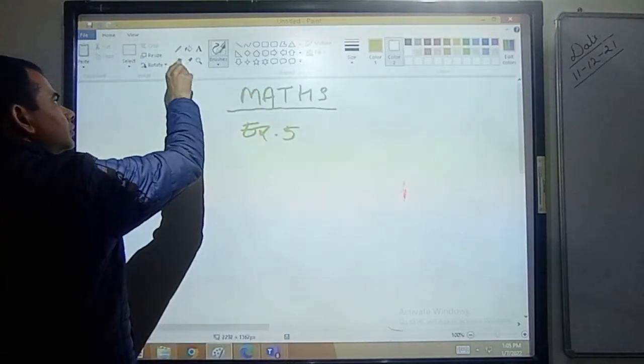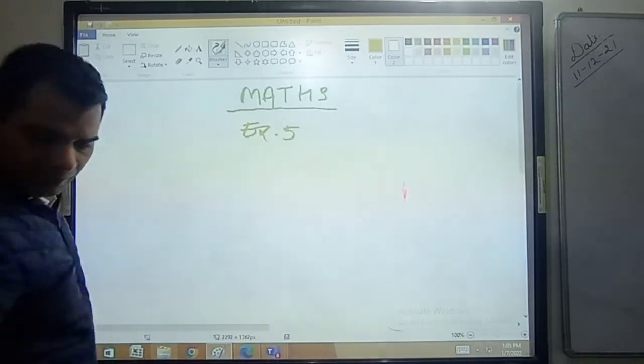तो ये बहुत ज्यादा ब्राइट कलर मतलब दिख नहीं रहा है।